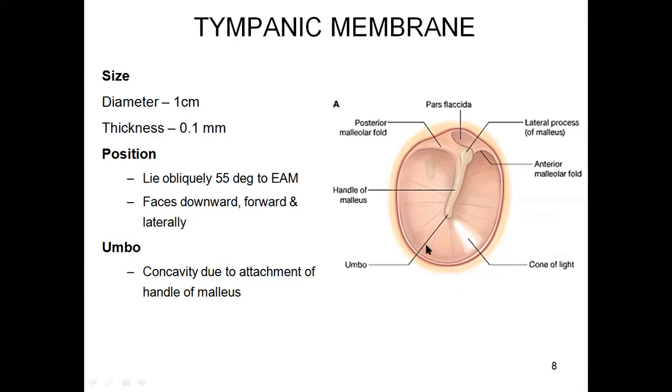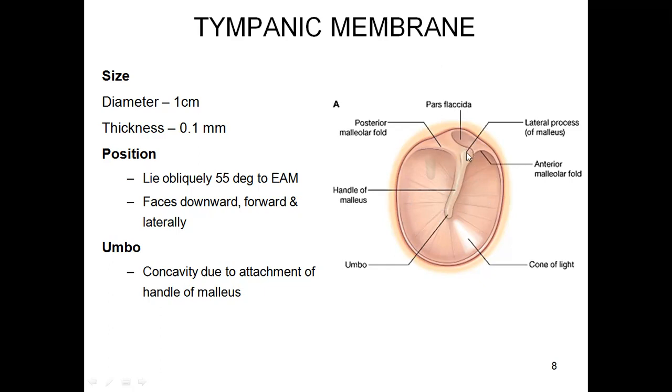Okay, this is the tympanic annulus and sulcus. Annulus is the margin of the tympanic membrane. And this is the tympanic sulcus, where the tympanic membrane is attached to the temporal bone. Okay, so this view has been taken from the middle ear side. That's the reason we are able to see the handle of malleus.